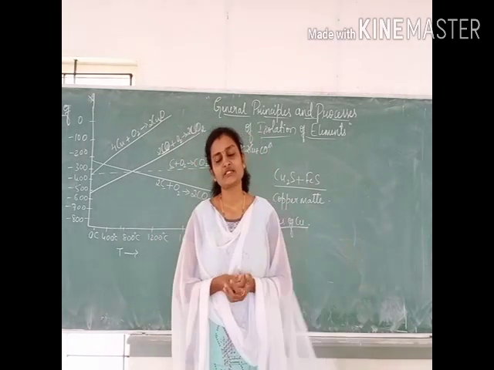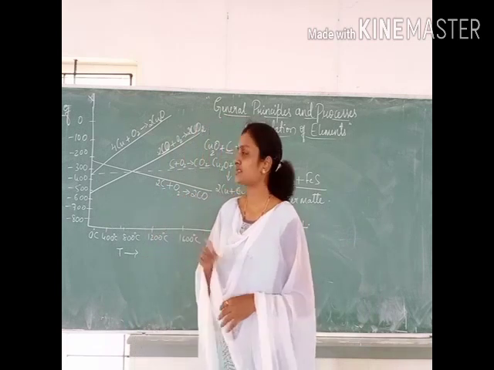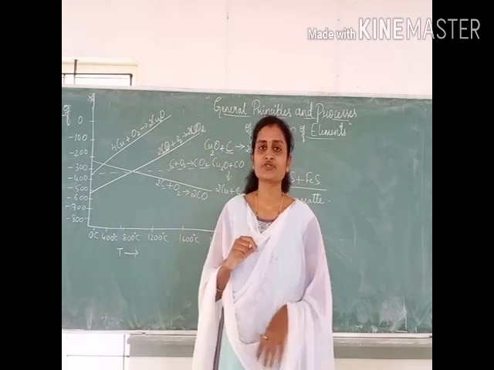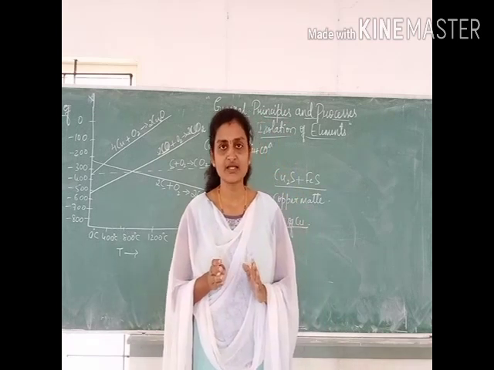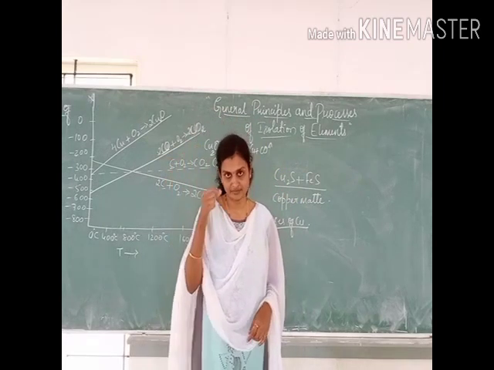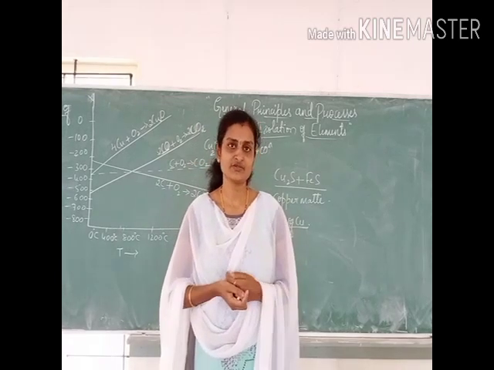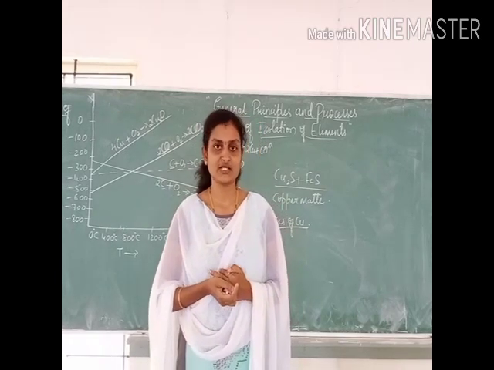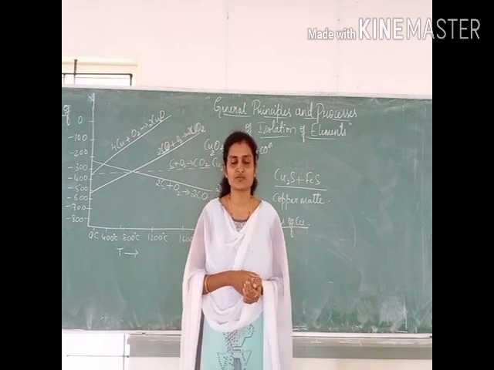In the next class, we will discuss the extraction of zinc, again using the Ellingham diagram. We'll choose the reducing agent. Before that, please refer to the Ellingham diagram and go through the graph lying below zinc, which can be used as a reducing agent for the extraction of zinc. You can take that as an assignment. In the next session we'll discuss zinc.